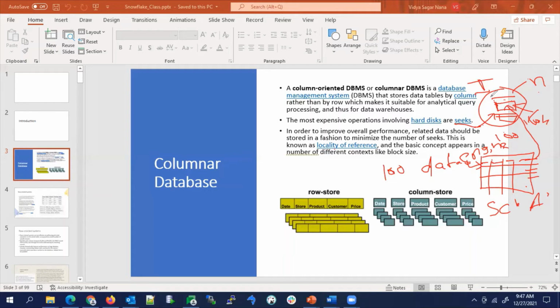records will be stored in this format. So it is record-wise. Every record will be stored this way. Suppose if you consider this example, date, store, product, customer, price, everything will be stored in a single block of memory. So when you try to search for a particular item, a particular product, even though you are looking only